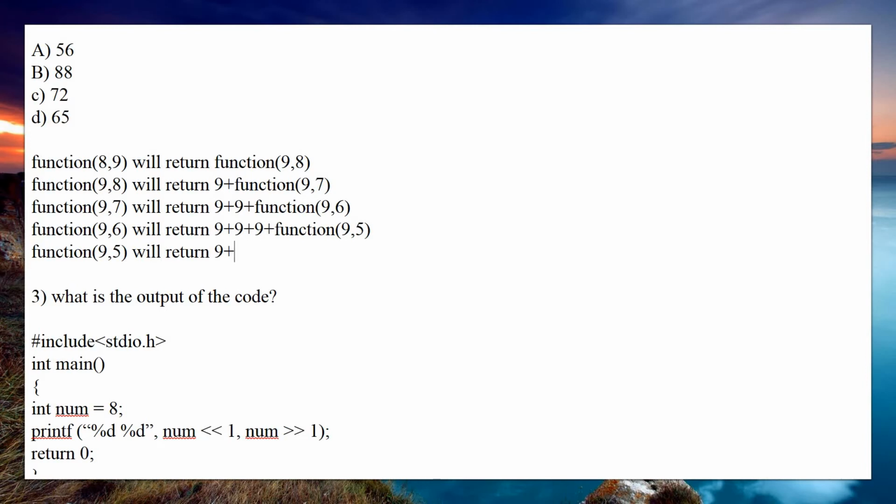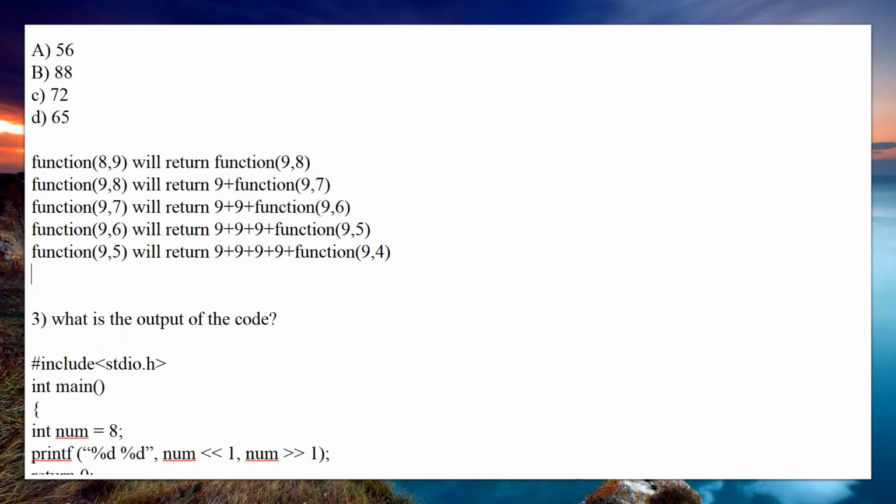Similarly, again you need to apply the same logic. Again 9 plus it is already there, then again it will be A plus function of A comma B minus 1. So A is nothing but 9 plus it will call the function of A comma 9 comma B minus 1, which is nothing but 5 minus 1 is nothing but 4. In the next iteration you need to keep checking whether 9 is less than 5, 9 is less than 4, condition becomes false.